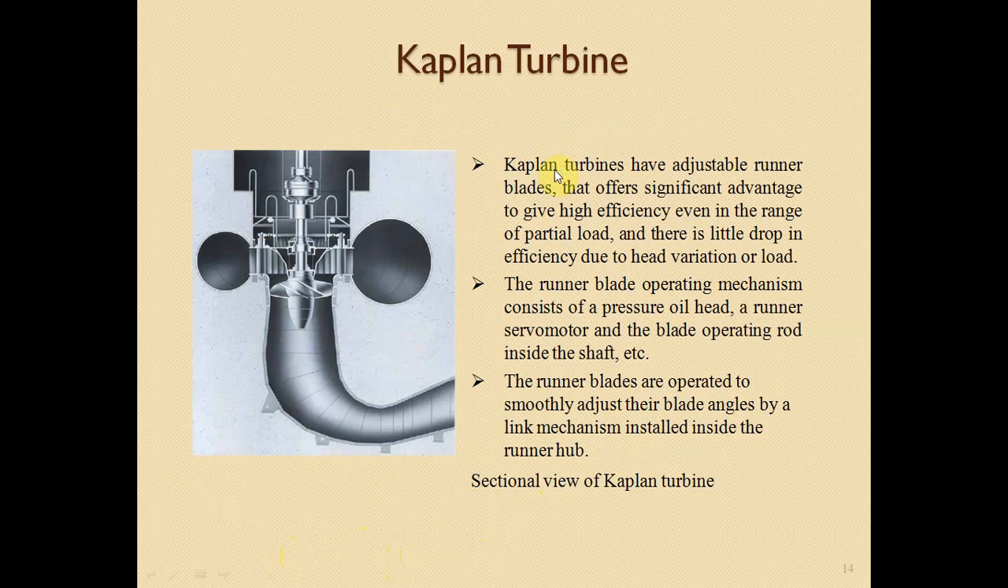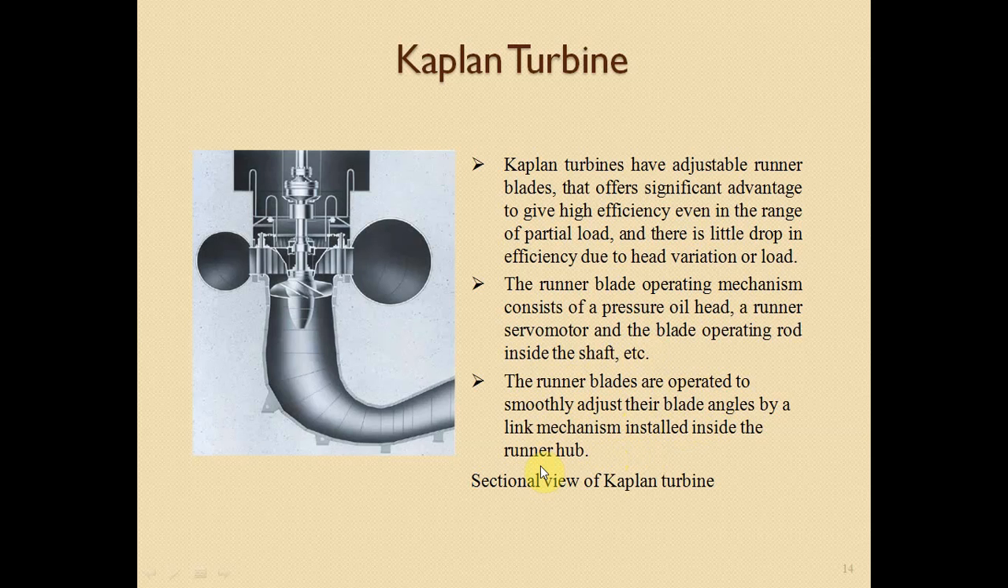So, Kaplan turbines have adjustable running blades that offer a significant advantage: high efficiency over the range. Okay, and there is little drop in efficiency due to head variation or load. The runner blade's operating mechanism consists of a pressure oil head, a runner servomotor, and the blade operating rod inside the shaft, etc. The runner blades are operated to smoothly adjust their blade angles by a link mechanism installed